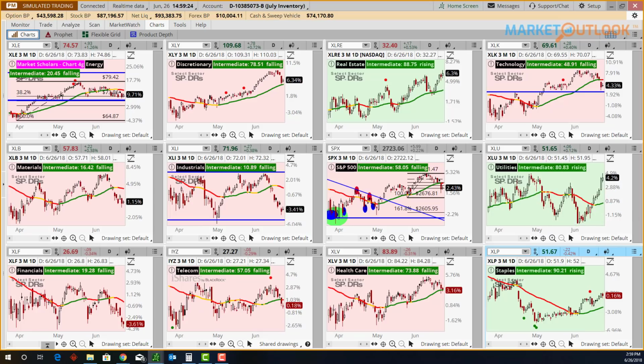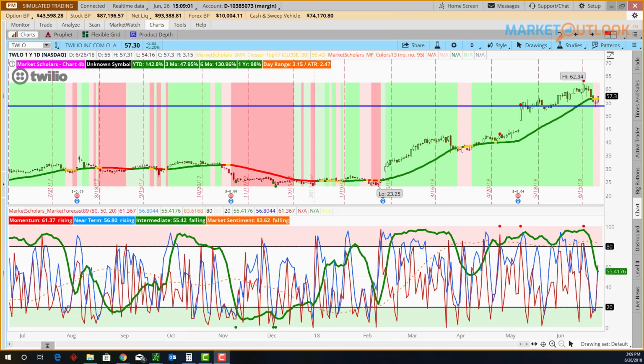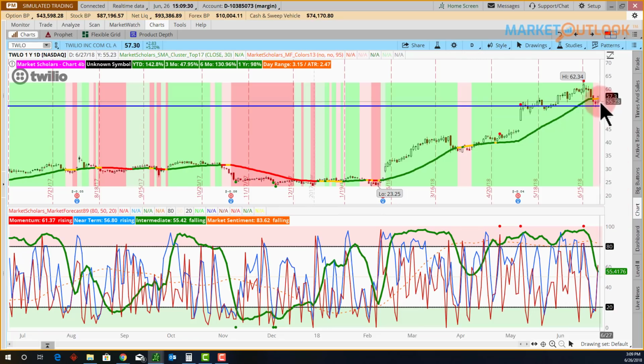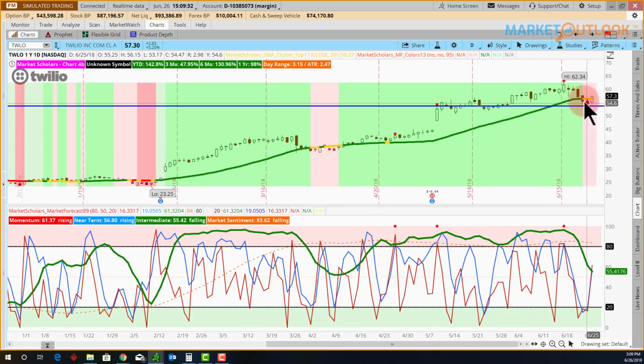All right, if we take a look at our trade idea of the day, one of the stocks that may be showing a bounce back already, that we expect whether it's another day or two on the market as a whole, is Twilio. And you can see a nice little bullish pattern here. Now, it still shows a bearish posture, but you can see its short-term lines rising. It's got strong market sentiment, so strong long-term trend. It's got the near-term line bouncing back up above. So that's a positive, and you can see a little bit of a morning star candlestick pattern developing, closing above the high of the low day, a bullish reversal pattern in the short term off that level.